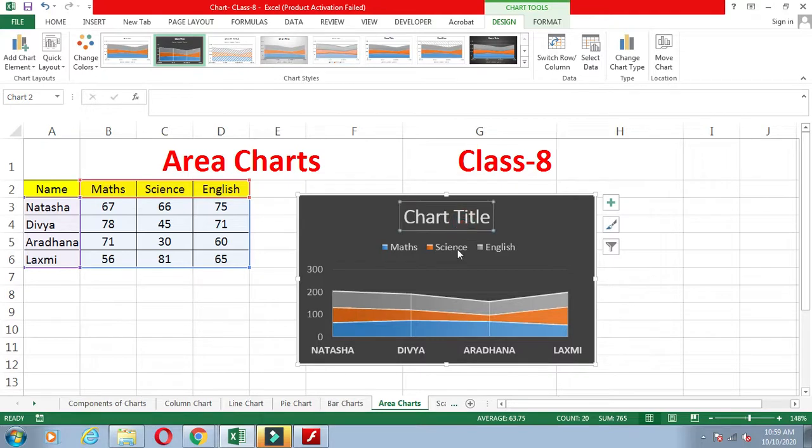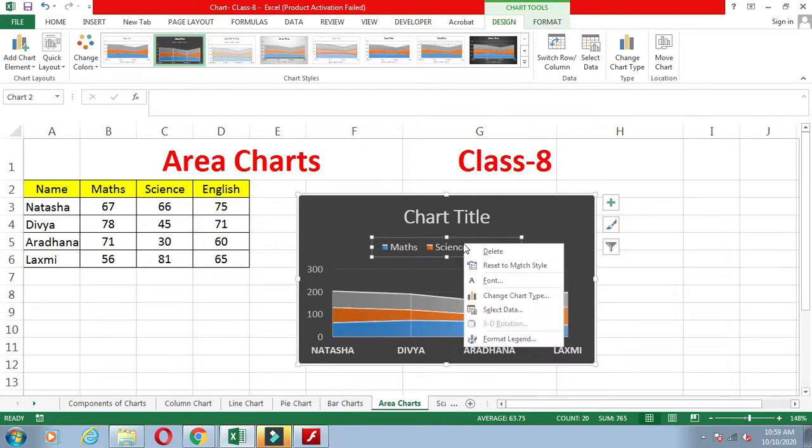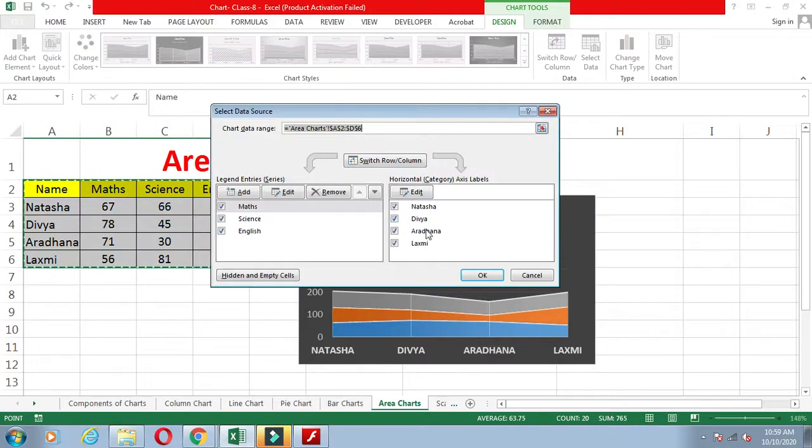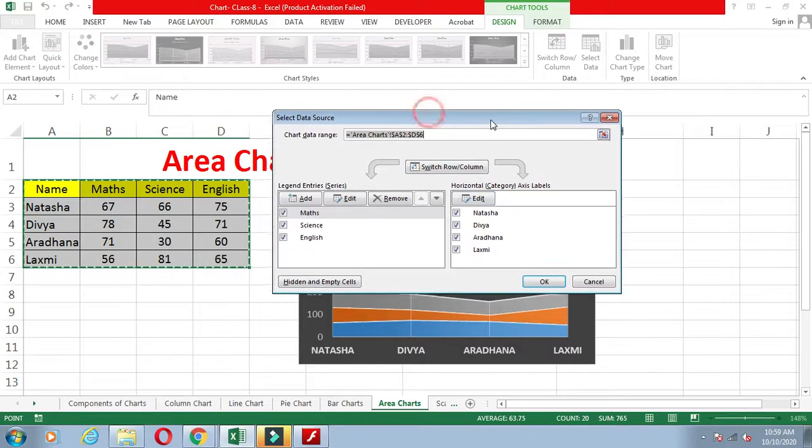How can you format? You just right click on the legend, and here you can select the data. You click on select data. The data will appear. The same data appears there. If you want to remove any data, that data will be removed from your legend. See, I remove the science.